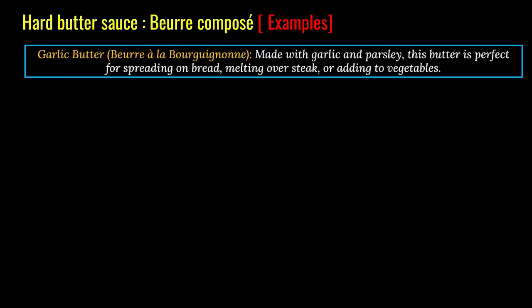Hot butter sauce, few examples: garlic butter, made with garlic and parsley. This butter is perfect for spreading on bread, melting over steak, or adding to vegetables. Okay,